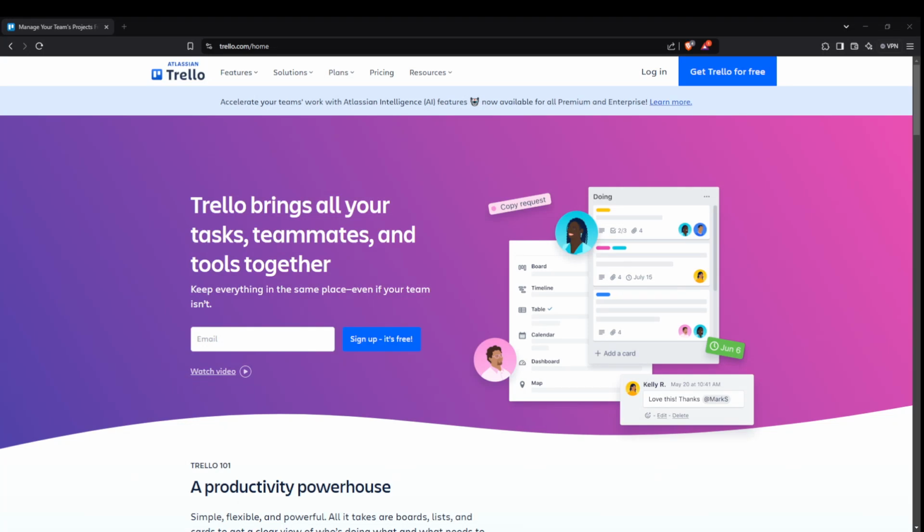In today's video, I'm going to teach you how to log into Trello step by step. Whether you're a new Trello user or just need a refresher on the login process, this guide is here to walk you through it. Trello is a powerful tool for project management and collaboration, and getting started is simply a matter of logging in. Let's dive in and make sure that you're swiftly on your way to organizing your tasks